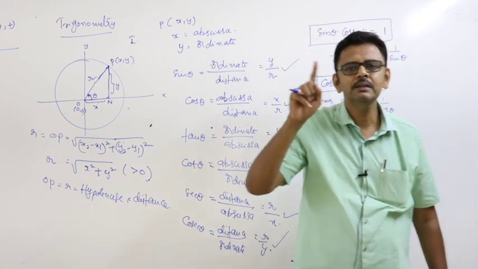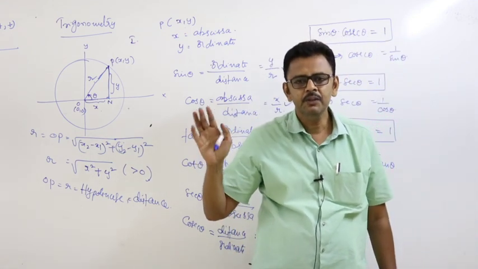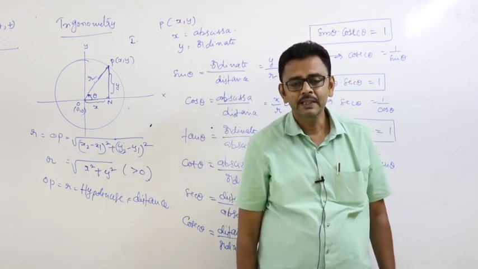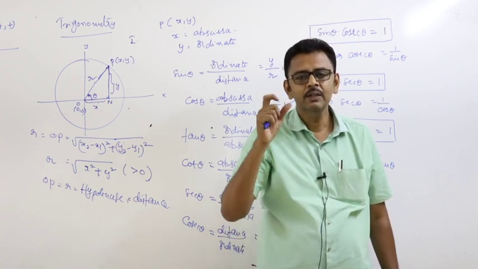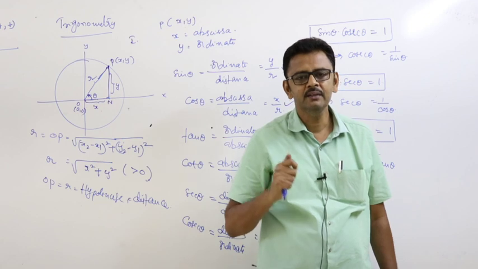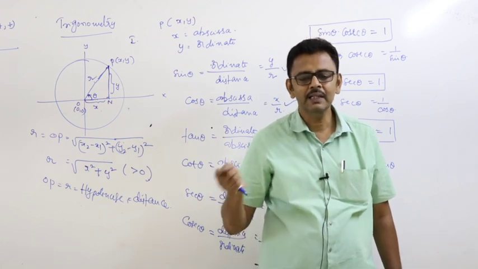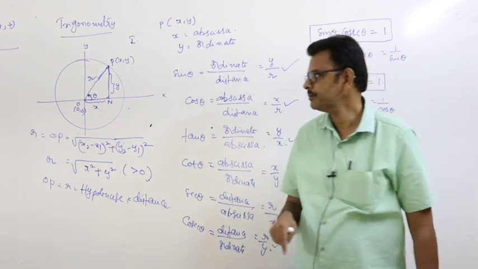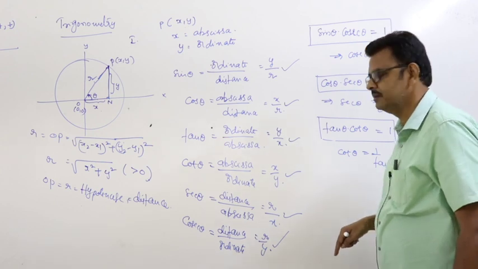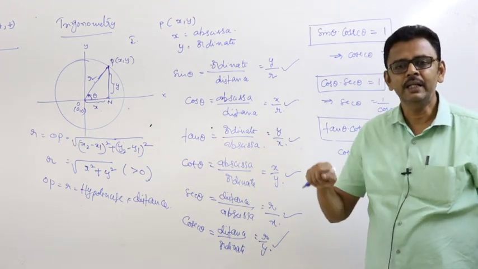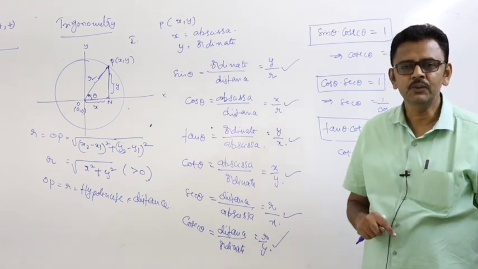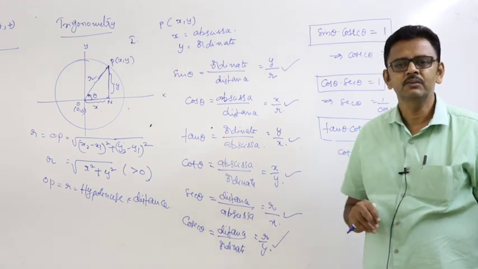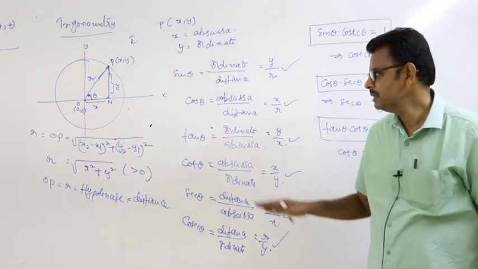Already you know, all silver teacups. All means what? In first quadrant, all trigonometric ratios are positive. In the second quadrant, only sine and cosecant are positive, and the rest are negative. In third quadrant, only tan and cot are positive. In fourth quadrant, cos and secant are positive. Remaining are negative. Just a brief introduction. Just write down this.